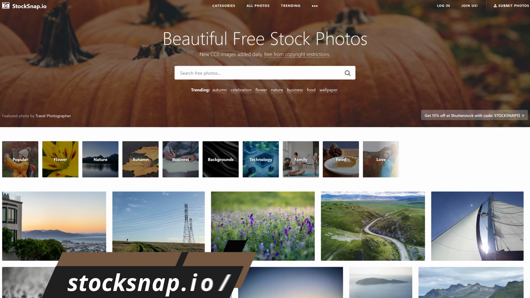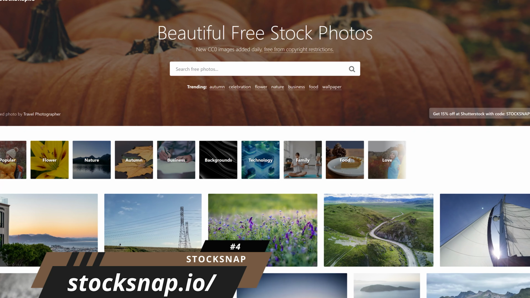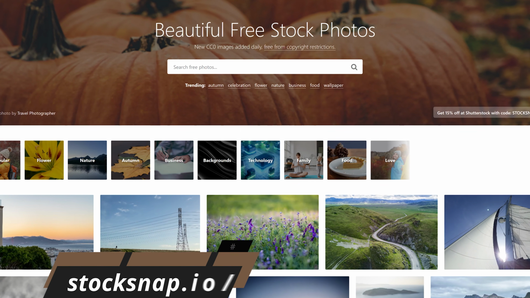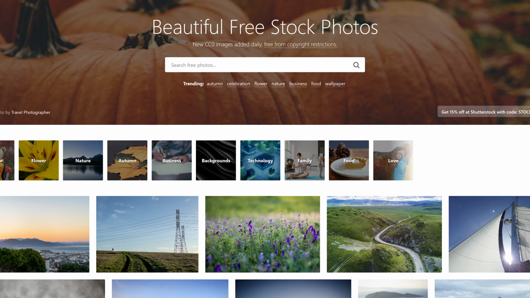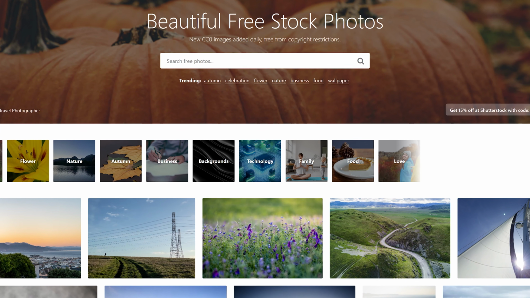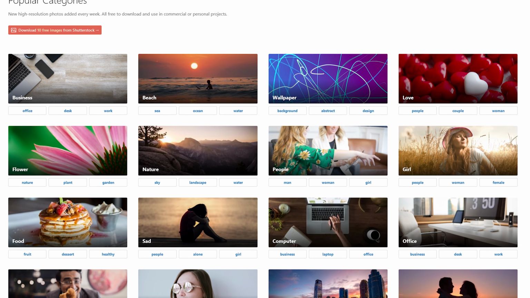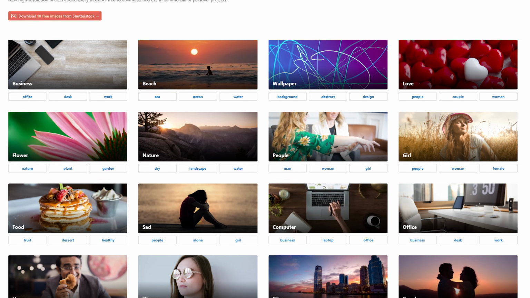Up next, coming in at number 4, is StockSnap. This free stock photo website was created by the popular graphic design software company Snappa. They offer an interesting selection of high-quality photos with hundreds of new images added each week. In addition to their useful search feature when gathering resources, it also might be a good idea to look at